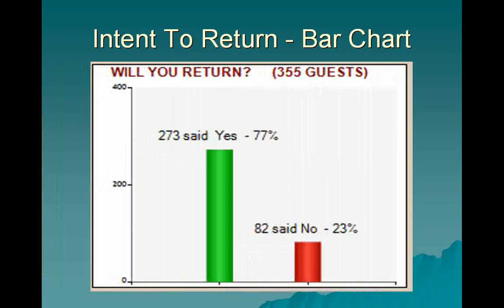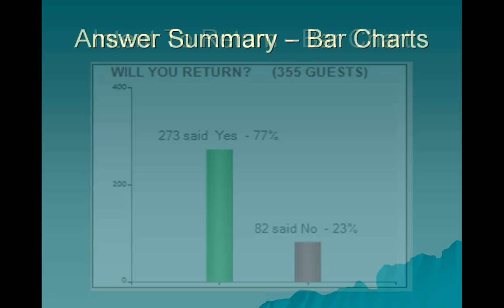The Guest Intent to Return bar chart provides a graphical representation of the total number of guests that said they would return versus those who say that they would not return to your resort. This information is critical to a hotel manager, since irate guests can ruin the image of a resort by posting negative comments on travel review websites, such as TripAdvisor.com. The ability to identify and resolve issues associated with dissatisfied guests is the key to maintaining a high level of guest satisfaction and increasing this index.